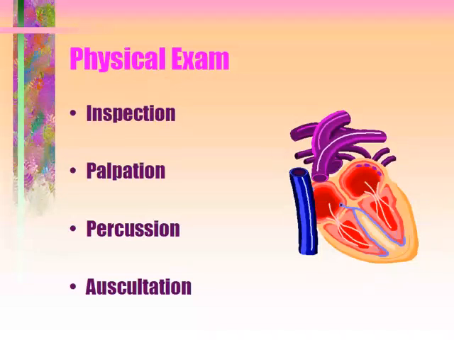You want to do an Allen test to evaluate flow to the hand, and that's where you have them make a fist and occlude both the radial and the ulnar arteries. And then while they are occluding the radial artery, you release the ulnar and open the hand, and the blood supply should return to normal very quickly. If not, you cannot use that hand to do either use for bypass or to